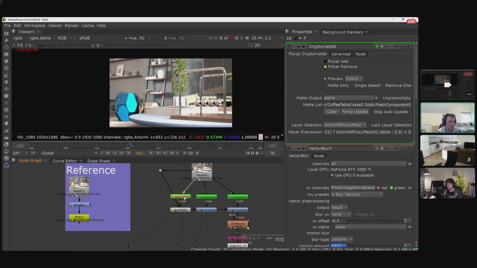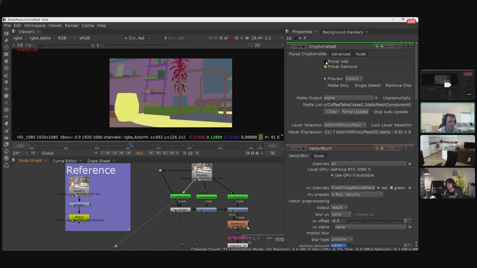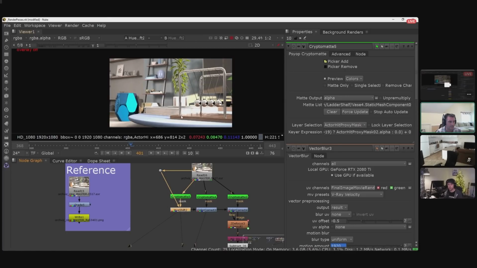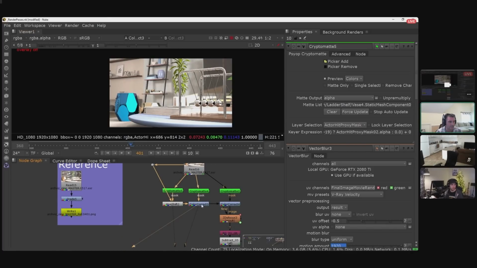So if I turn that back on, let's pick something different. If I view the Cryptomatte node, add to the picker, and we'll pick just a couple more items. Scene. Inspect the alpha, looks good. And see here, now all of those have been shifted to more of a blue hue. It allows you to target specific actors in the scene that you want to change and manipulate in an easy way. So in a similar way, I have some color correction applied to the back wall here.